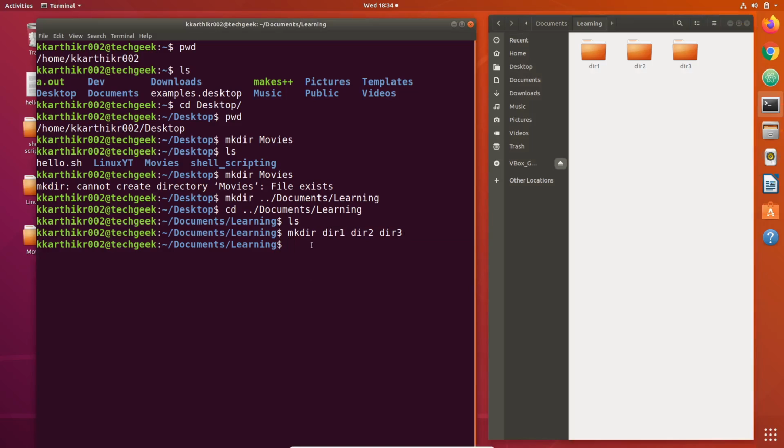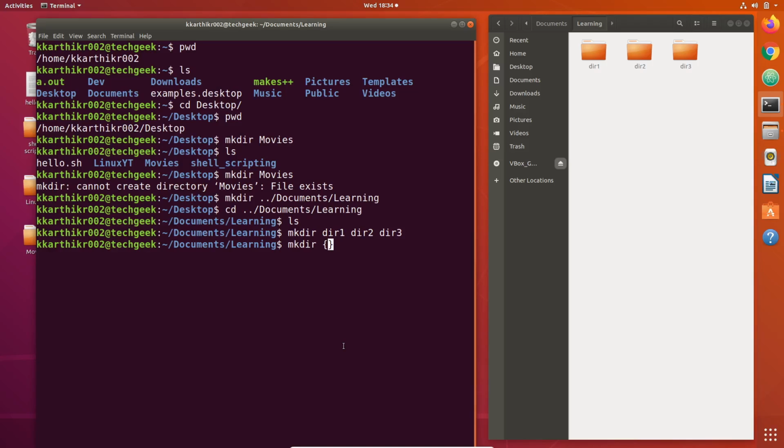The other way to do it is using curly braces. Just type mkdir and give curly braces, and then mention the names of the directories you want to create in curly braces, separated by commas.